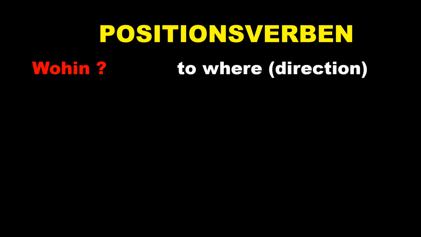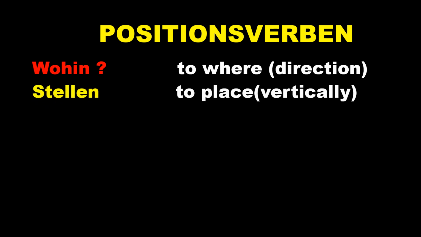Now, the next list of positional verbs is for wohin. The question here is wohin, which is accusative, which means to where in English, and it gives a direction or it shows the movement. Let's see the verbs which are under this category. The first verb here is stellen, to place vertically. Very important to understand the difference. Stellen, when you are placing something vertically, like a bird or a bottle or something like that, which are in